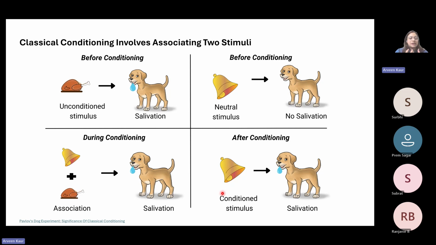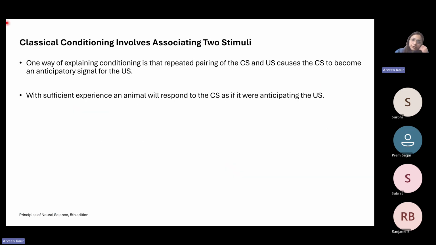So whenever he would get a meal, he would also hear the bell ring, right? So by default, he associated the two things together. So if he would hear only the bell ring, he would assume that he's going to get the meal, because that is how he was conditioned during some time. So this is the classical conditioning, and this was the classic experiment that was done by Pavlov, right? One of the classic experiments.